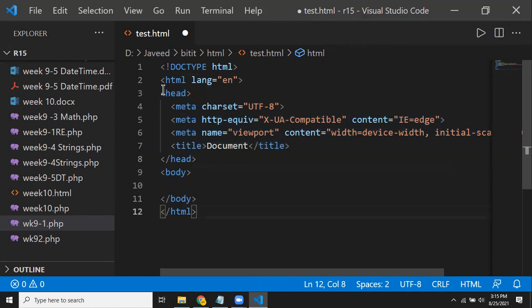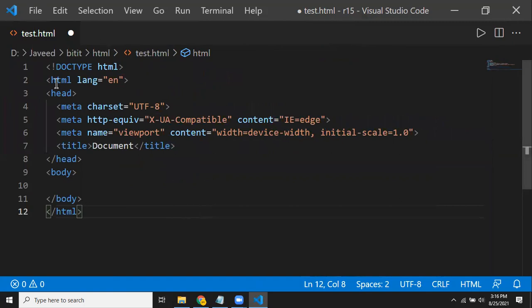Now your code starts with the HTML tag and then ends with the HTML tag. Generally, when you talk about this web page, here in my HTML page, there are two sections for me. The first section is my head section. The other section is my